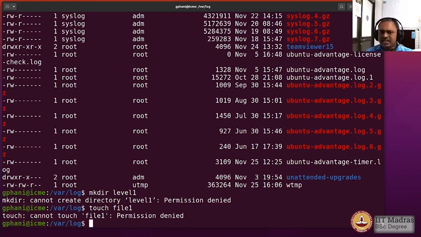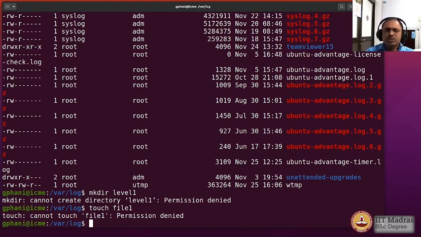So you can see that there is a mechanism in place where we cannot create files or change permissions or create directories in locations that belong to the system and the operating system, and we cannot override those settings unless we are superuser. How to override it, and do something knowingly and carefully as is required for system administration, is something that we will come to know as we go along in this course.